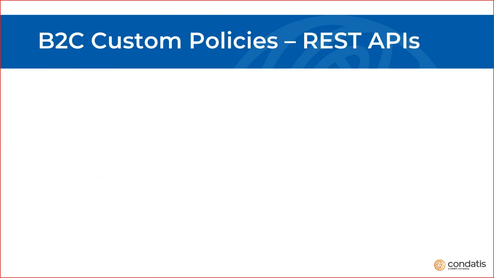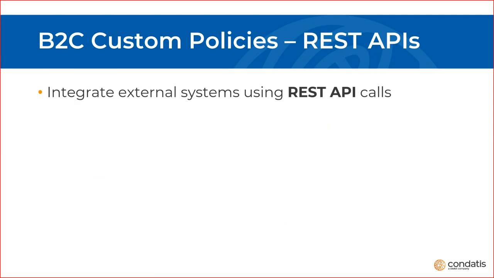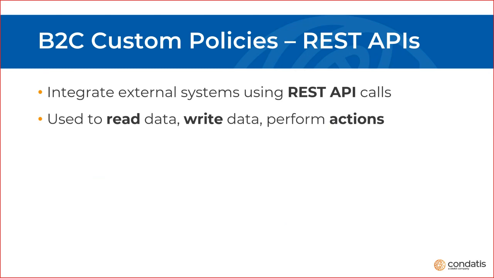We've also mentioned integrating with external systems using API calls. So those can be used to read and write data, as well as to perform actions with systems outside of B2C. So for example, you might want to access additional user information from Dynamics 365, or to write new customer records into Dynamics 365 or into Salesforce. You might want to access role information that's stored in SQL Server, or write audit information to Cosmos DB or Service Bus or Event Hub.